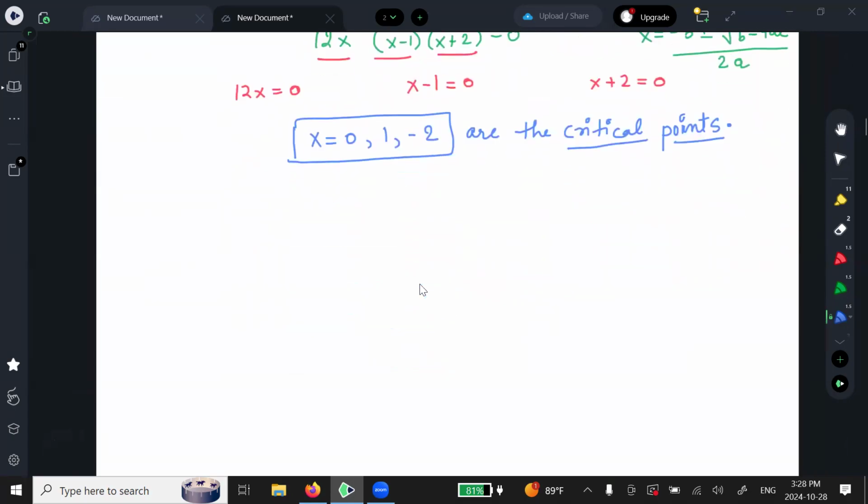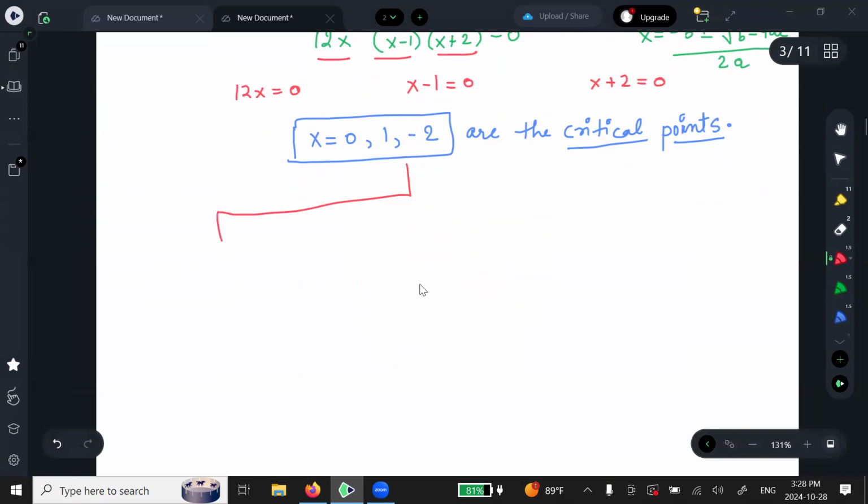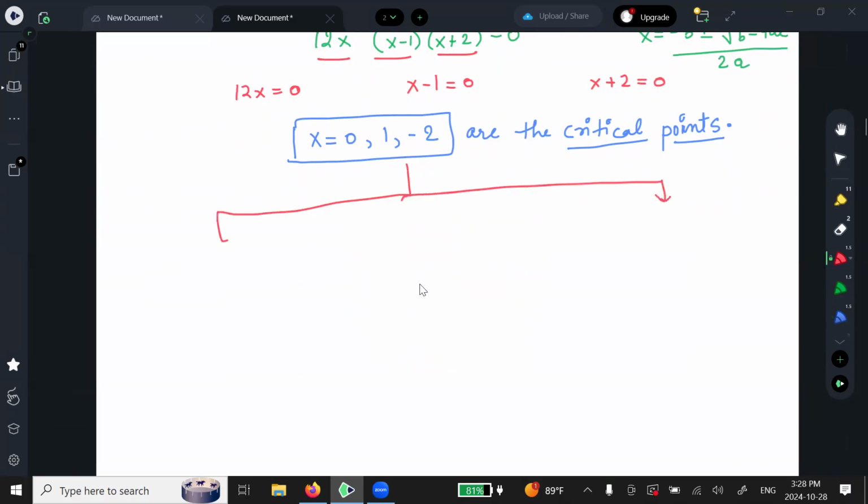After that, we have two separate methods. So there will be two things that I'll ask you to find in the exam. First will be your relative extrema, and the other thing you'll find is absolute extrema, right? You have seen this term before. Now there are two different methods to find it. For relative extrema,